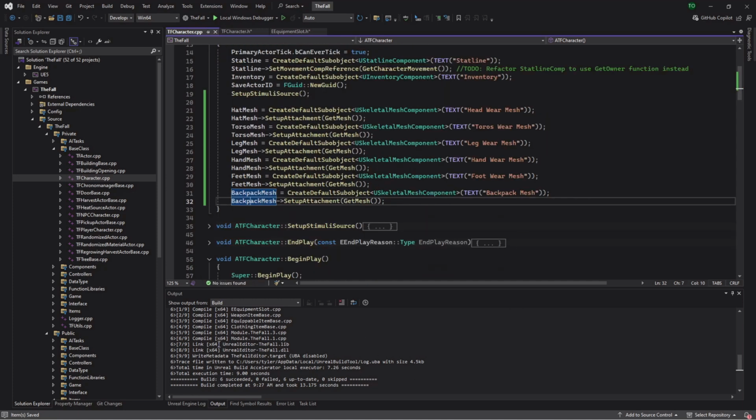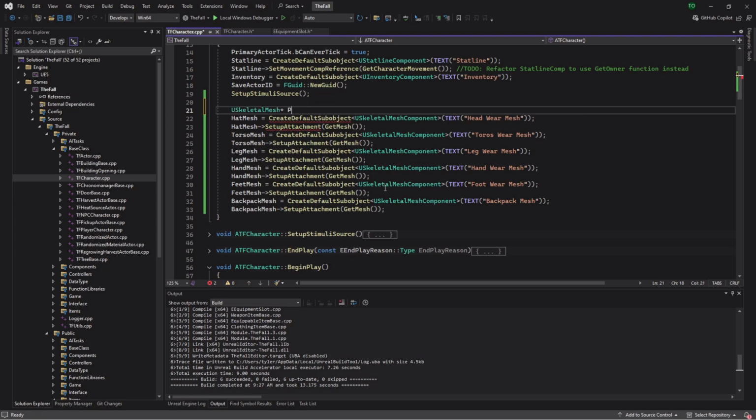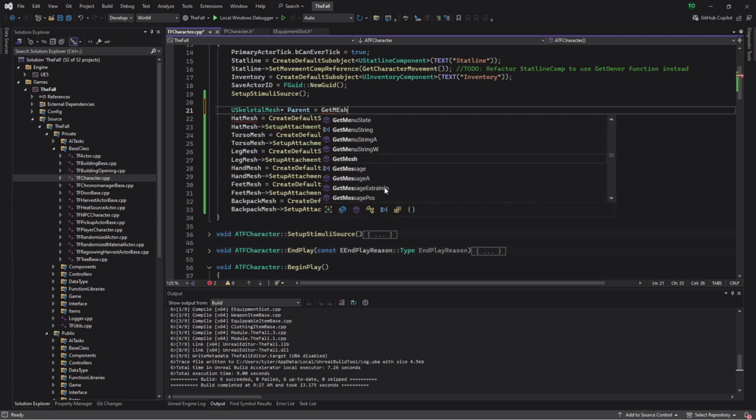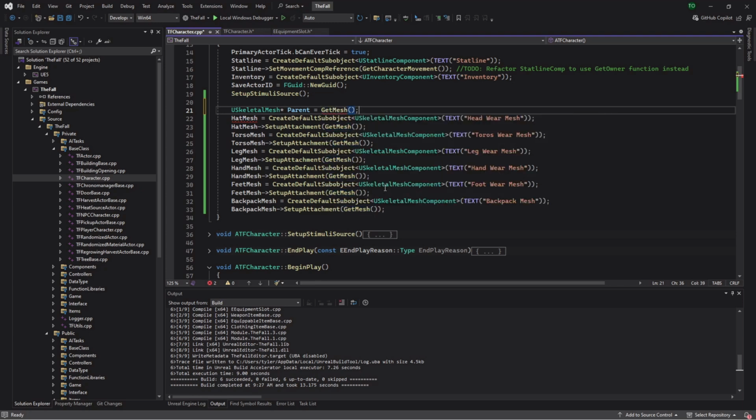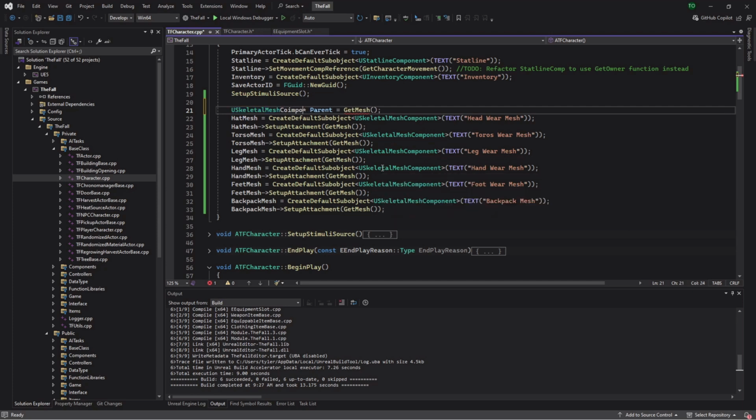Very dislike that, but anyways, so now this is all well and good. It attaches the mesh, these new meshes, to the main skeletal mesh, but they don't have a linked animation. So the other thing we're going to want to do here, and actually we're using get mesh a lot, so I'm going to go use skeletal mesh pointer parent equals get mesh, and I'm doing this just for the sake to explain. That's component, sorry, mesh component. To explain why I'm doing this